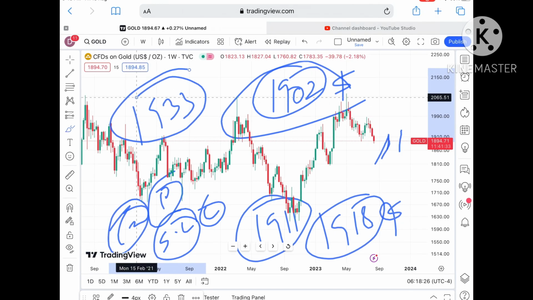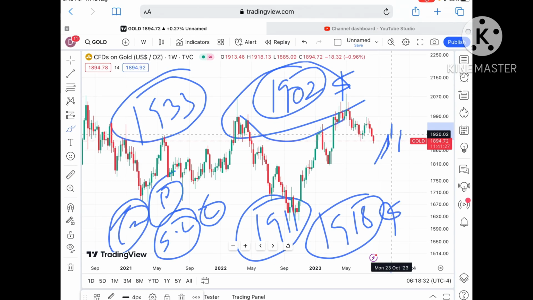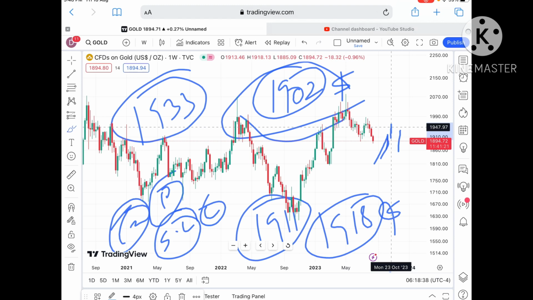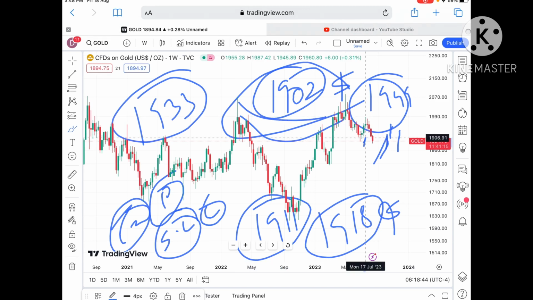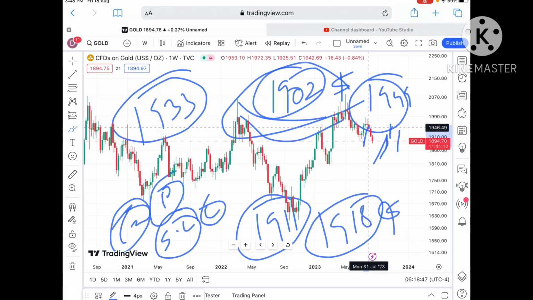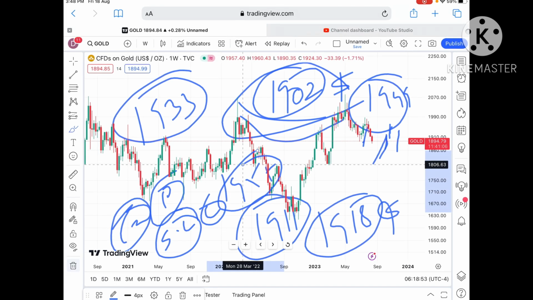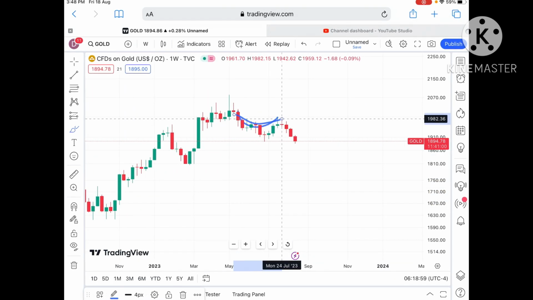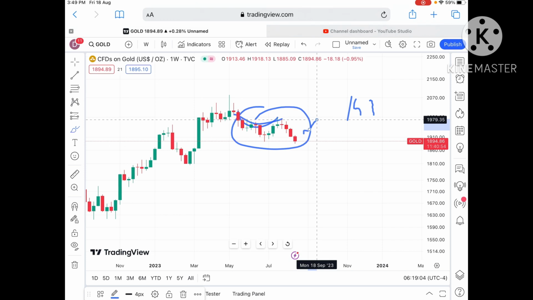As soon as it starts sustaining above 1933, then you can say yes, a probability of going further high we can see, because chances will be high that it can go further upside and probability of going towards 1936 will be there, and from there we can see a level of 1949. Okay, and if the price moves above this level, you will see a pattern will form and chances of going further upside we can see, and then we can see a level of around $1955 and a further high. As soon as it moves above a level of around $1935, you will see a trend towards an upside. Chances will be high because this is the pattern creating, and chances are very high it will cross a level of 1982 also if the price sustains above 1955.